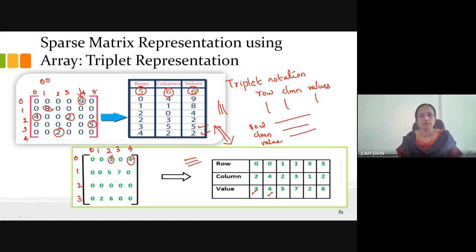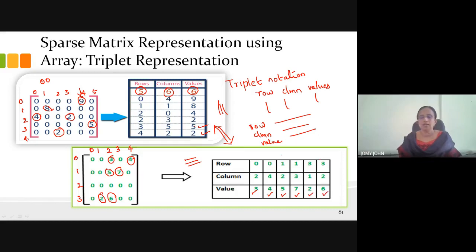Okay. Next value is this. This is first row, second column, the value is 5. Next value is 7. That is first row, third column, the value is 7. Okay. Where is the value here? There is no value here. No need to write this. Its value is here. That means third row, first column, the value is 2. Next is 6. That is third row, second column, the value is 6.